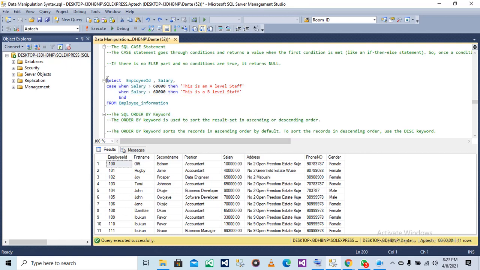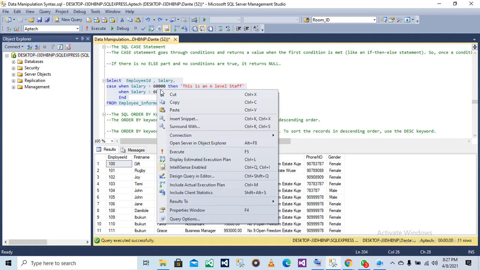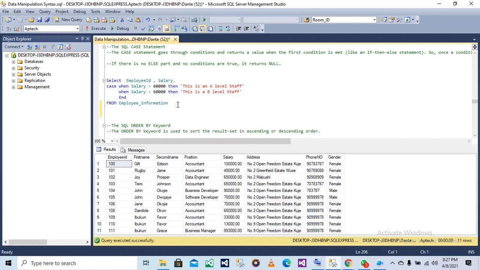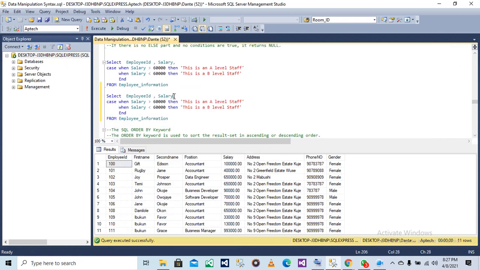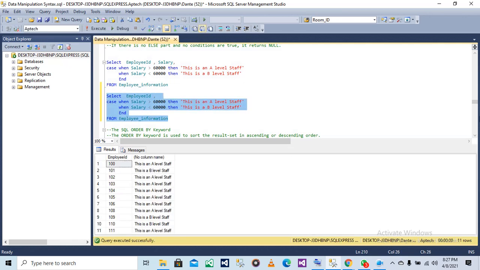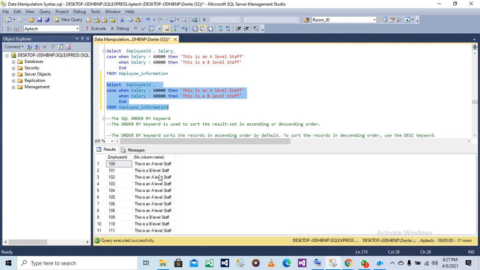Let me copy this and put it on that so that you can still have it. See, we don't have that salary column again. So you can just identify the employees that, okay, the employee with this ID is an A-level staff.